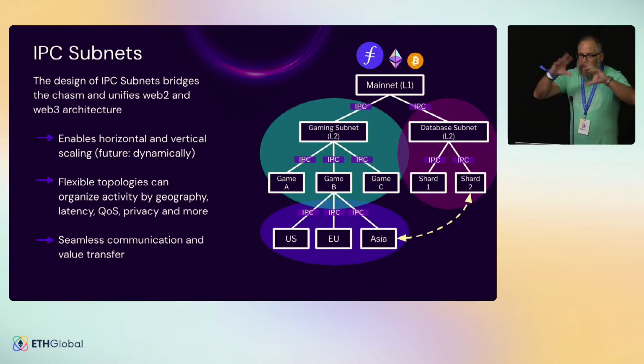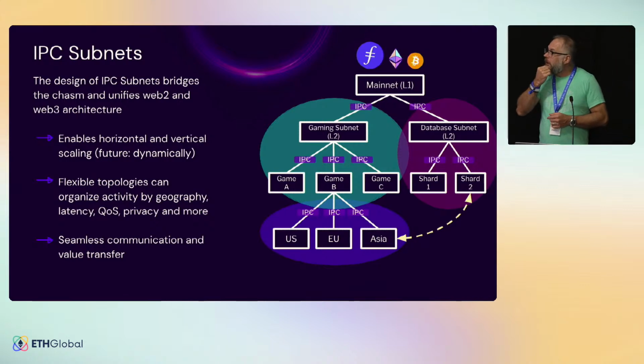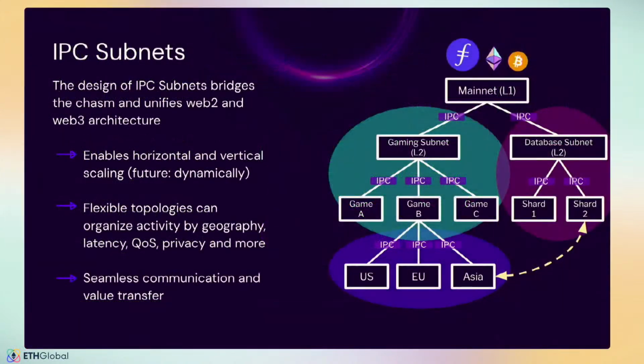So just kind of giving you a diagrammatic view of what this could look like. You could have layer 1 mainnet and IPC. At the moment we anchor to Filecoin. But in theory, you could anchor to any EVM network because it is based upon Solidity contracts deployed to the parent. Or potentially even Bitcoin. We're actually investigating at the moment IPC being a layer 2 for Bitcoin networks. And then, like I said, you could have subnets that might be specific to a particular application or genre of application. You could create a gaming subnet or a subnet for a particular game,